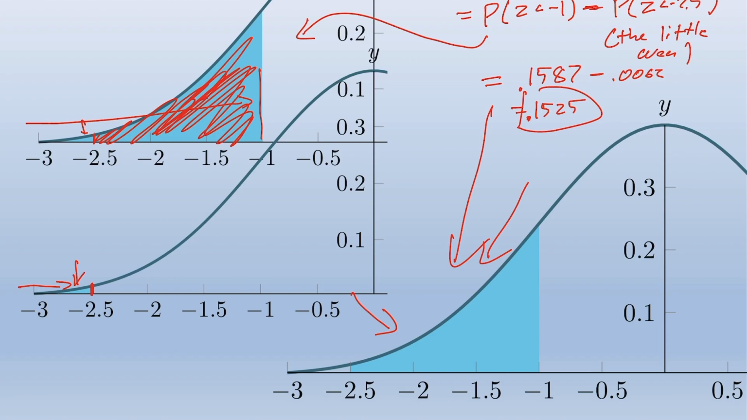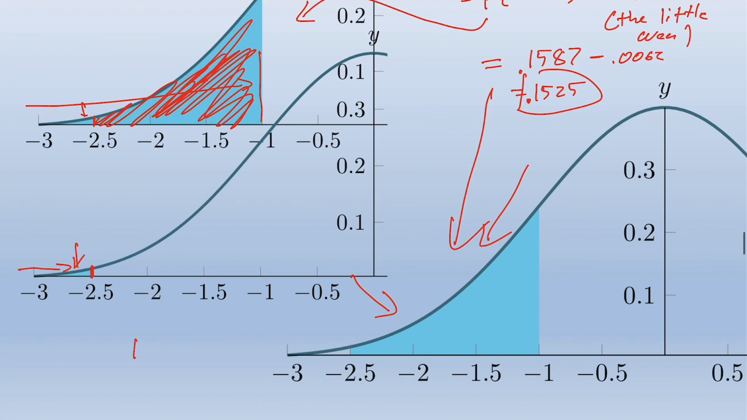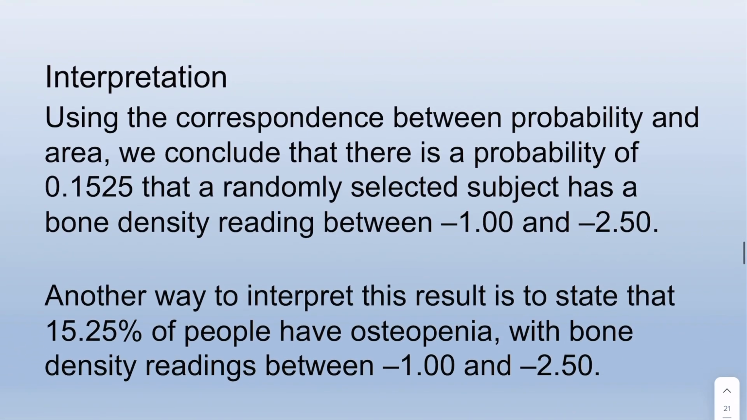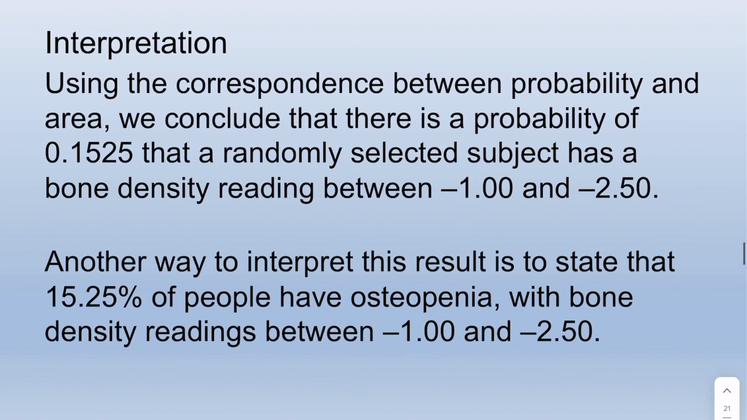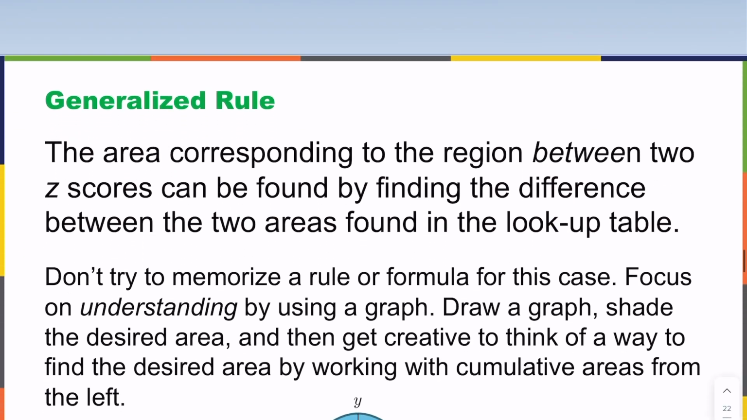And so what that tells us is that 15.25% of people have osteopenia. Okay. And there's the interpretation. 15% have osteopenia. All right, great. Okay, now,